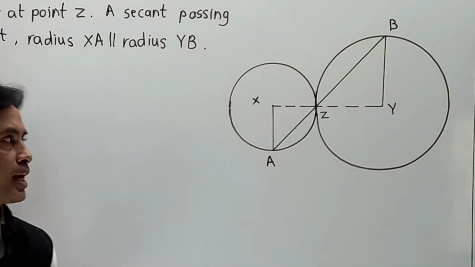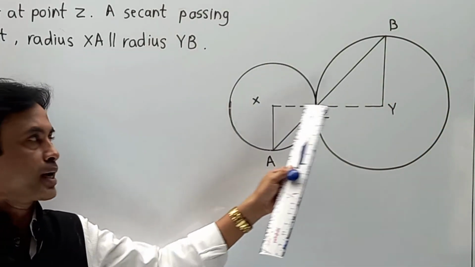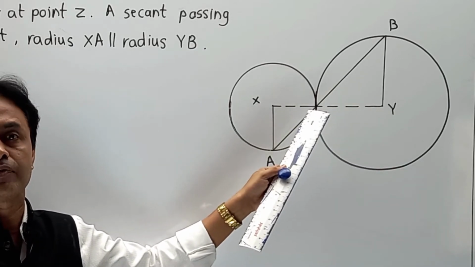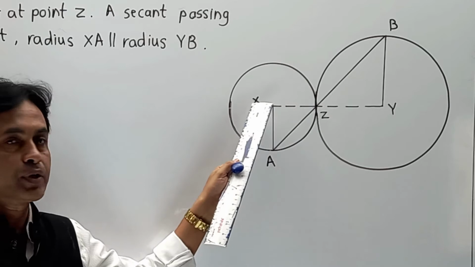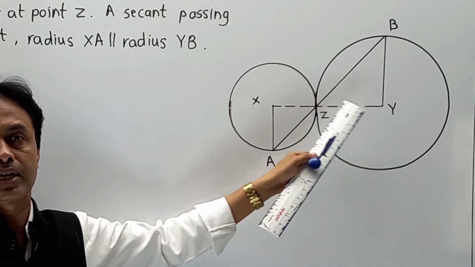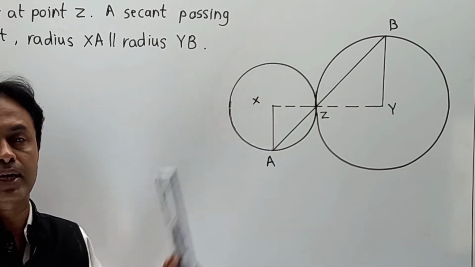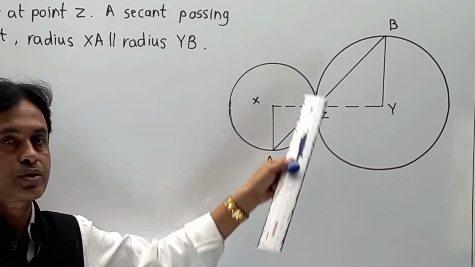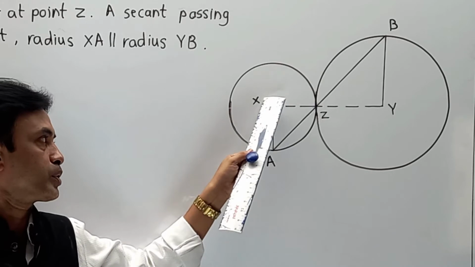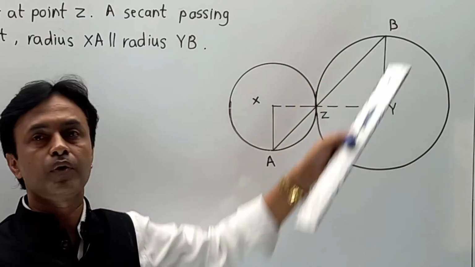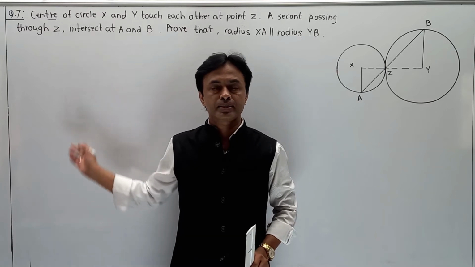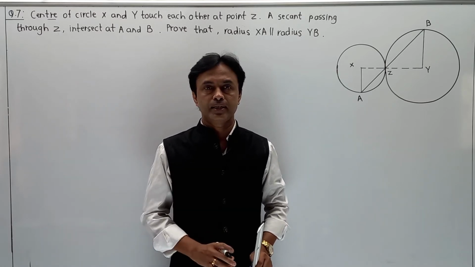In this way they have drawn one construction where the line passes from X and Y as well as through the common point of external touching, and we know that the line joining the centers of circles must pass through the common point of contact, either internally touching or externally touching. In this way, the structure is going to get completed and we have to prove that XA is parallel to YB in the form of radius structure. The entire part we are going to write in the structure, keeping fill in the blanks ready.